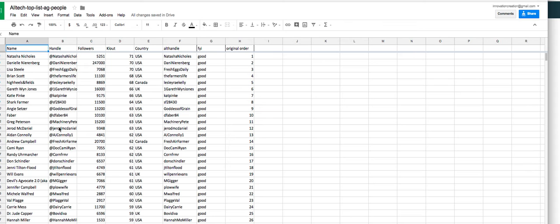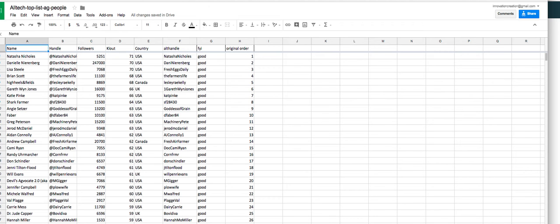Another thing that I was interested in looking at is, what about clout score to followers? Does that have anything that looks interesting? What does it mean to have a higher clout score and lower followers? Is there some sort of correlation? I don't think I can answer that right here in this data, but I did create a chart to at